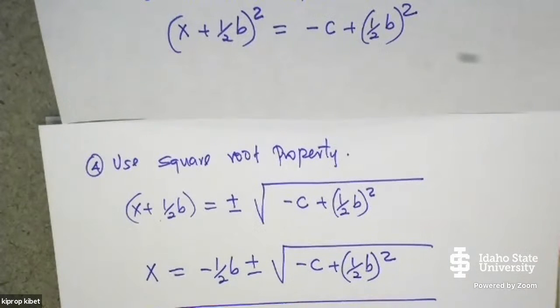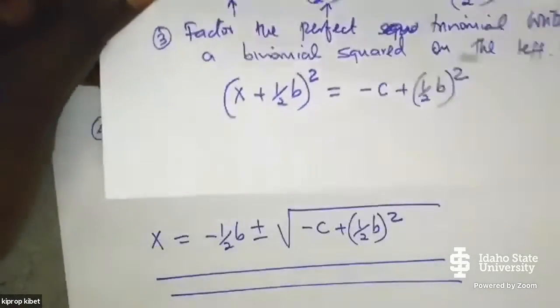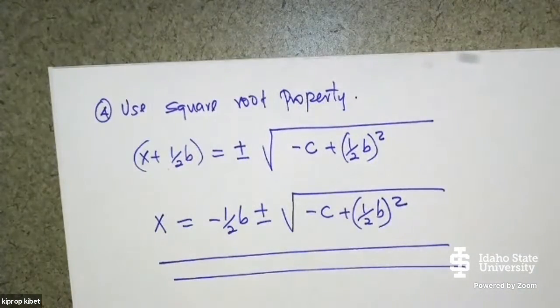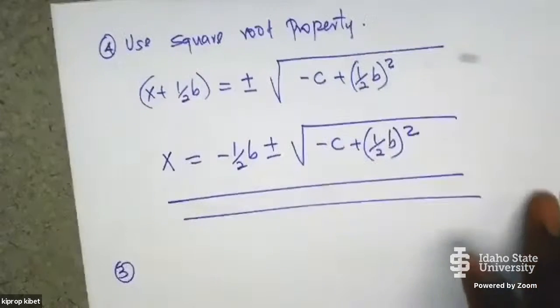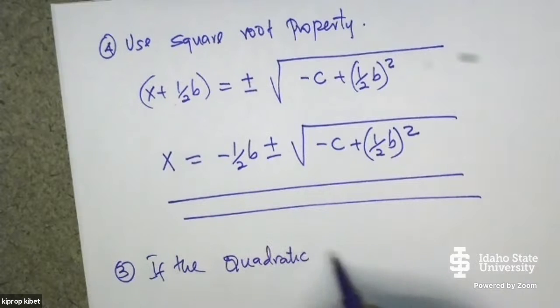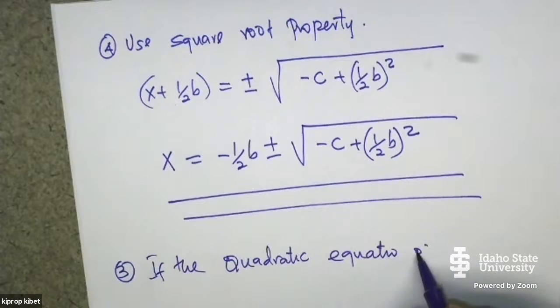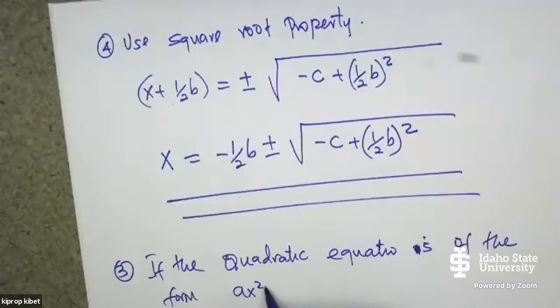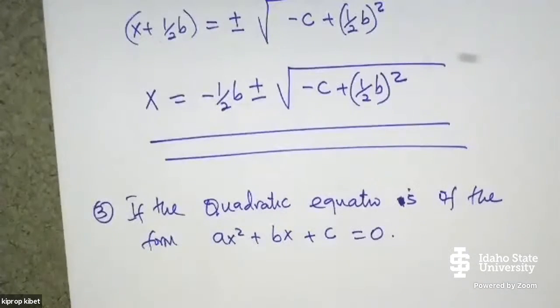Now, if the coefficient of x squared is not 1, for example 3. Now, if we have a quadratic equation of the form ax squared plus bx plus c equals 0, if it is of that form,